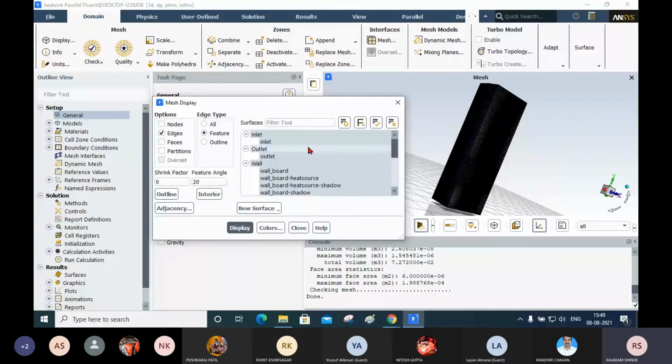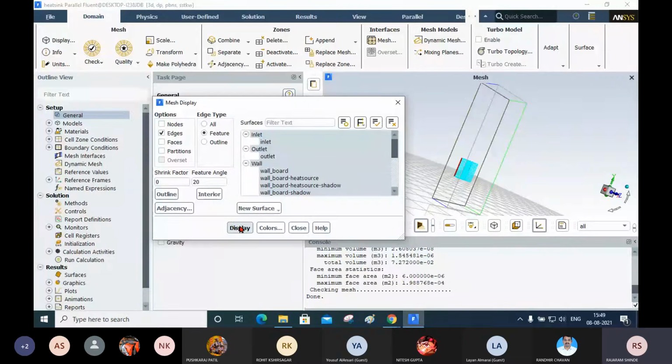You can check this in inlet, outlet, walls. There are a lot of walls, that is your PCB wall, source wall, board wall, everything is there. Then I will click on the display button. Now I will close this.